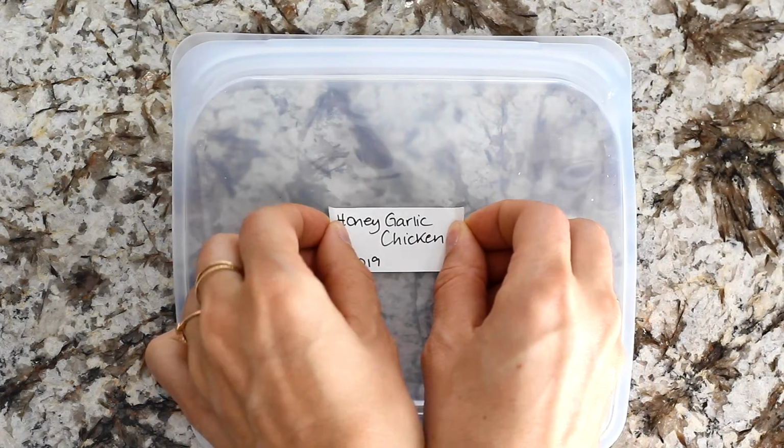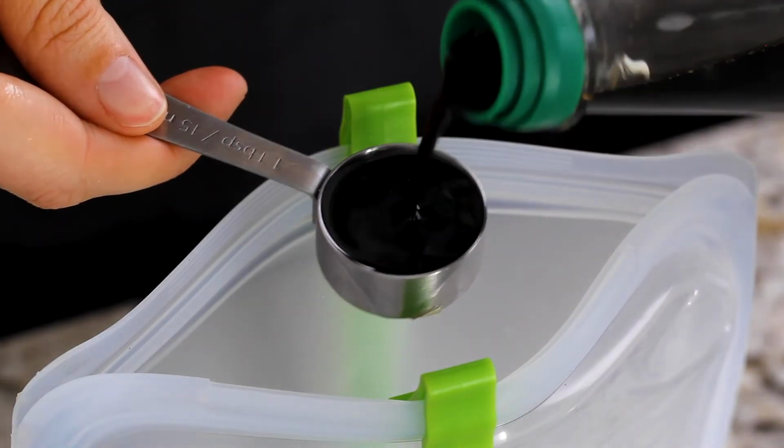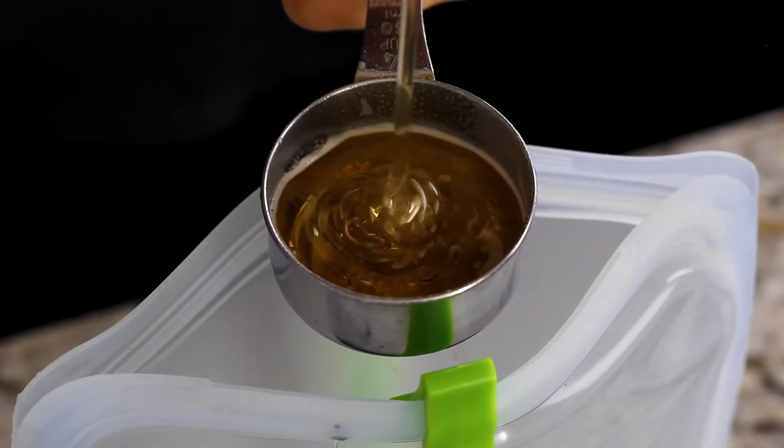Next, we're going to make our honey garlic chicken marinade. This one is a delicious Asian-inspired recipe. It comes with a sweet and sticky sauce that is perfect for spooning over rice and vegetables. To our bag, we're going to add 2 tablespoons of olive oil, 2 tablespoons of soy sauce, and again, I recommend reduced sodium, a 1/4 cup of honey,